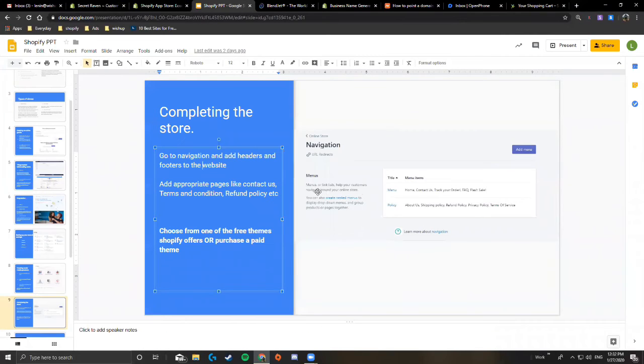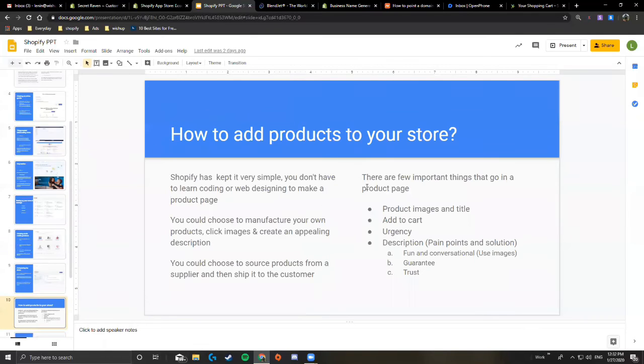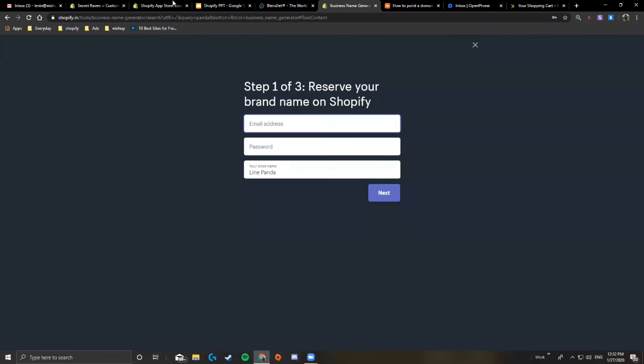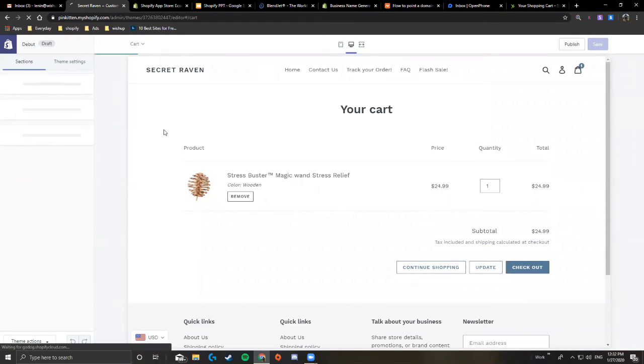Select the theme that you are comfortable with, which looks good on your store, and go ahead with it. And once you're done with this, your store is ready with all the colors and it looks good. All you have to do is list products on your store. Shopify is very simple, to be honest, to do that. All you have to do is go to your Shopify store,